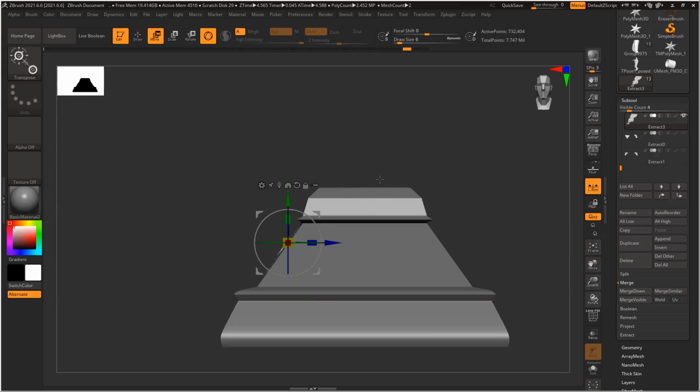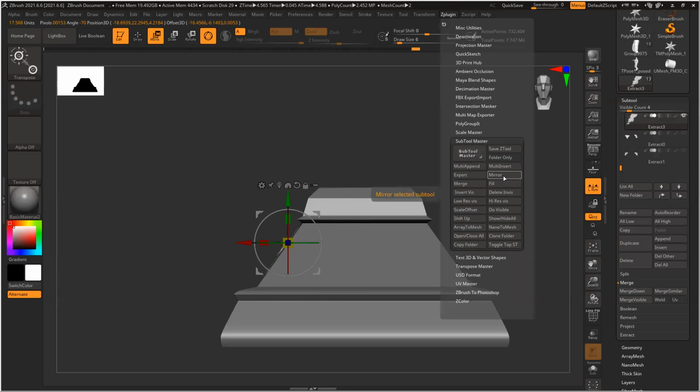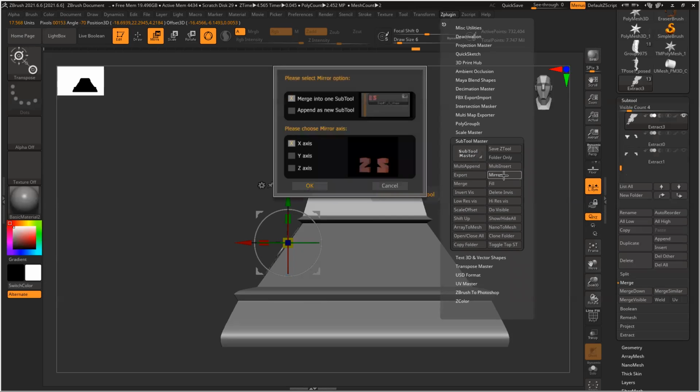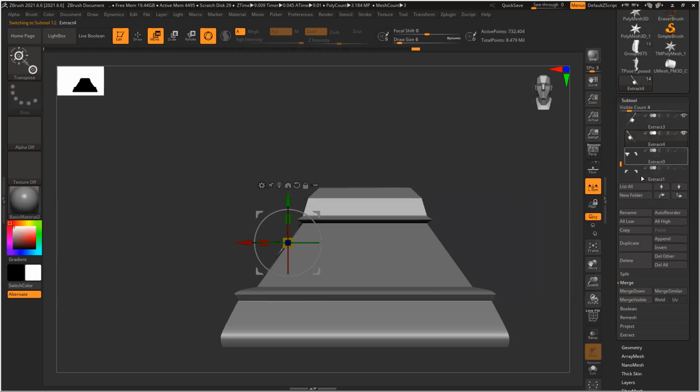Correct. X symmetry. Also correct. X symmetry. Effectiveness separate. Oh, now it works.